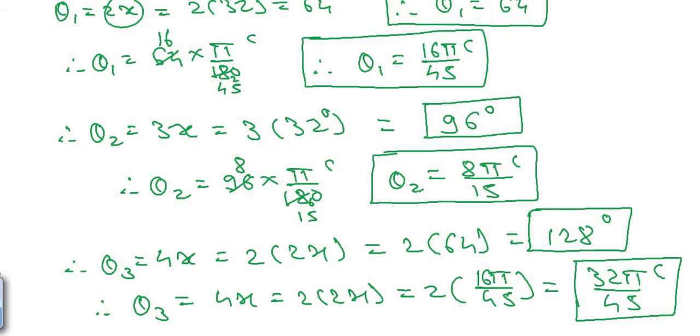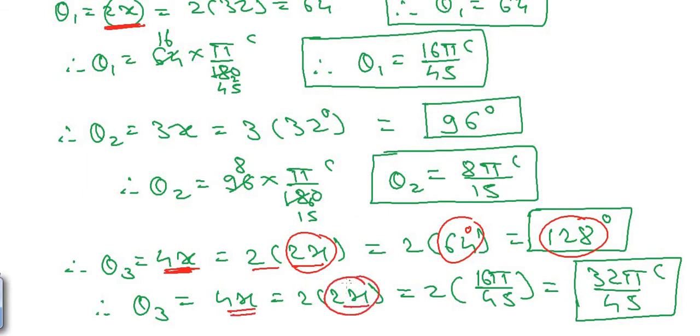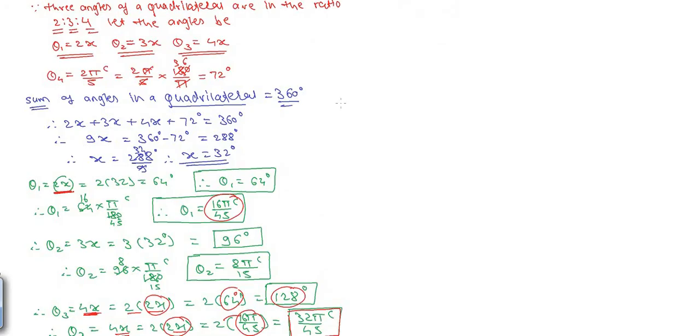I will explain it one more time. Theta 1 is 2x here, and theta 3 is 4x. So I had written this 4x as 2 into 2x. Now 2x is theta 1, which is 64 degree. 64 into 2, 128 degree. Now in case of radian calculations, again theta 3 equal to 4x, which is 2 into 2x. 2x is theta 1. Theta 1 in radian is 16 pi by 45. So 16 into 2 is 32, and so we directly got the value as 32 pi by 45 radian. Whenever possible, you should always try to go by such tricks in order to avoid the lengthy calculations. Let's go through a full screen view here.